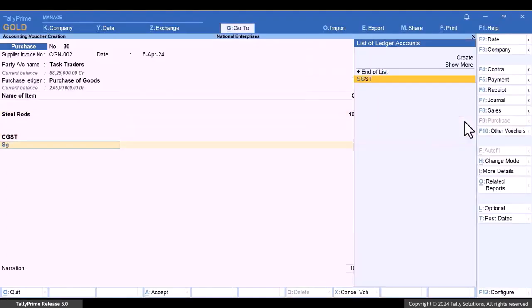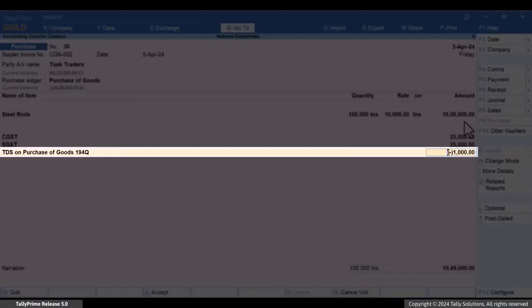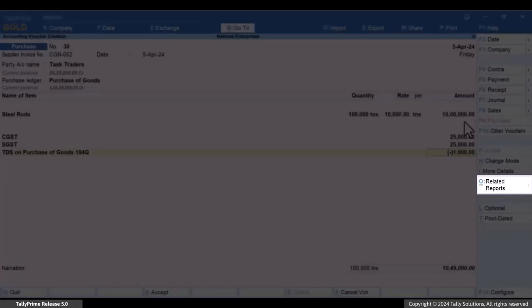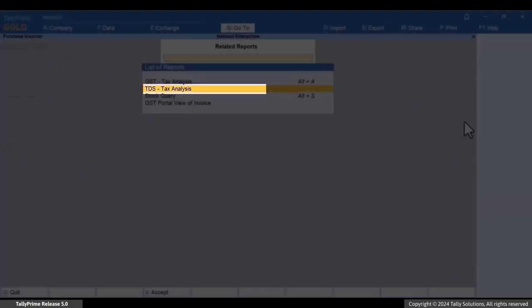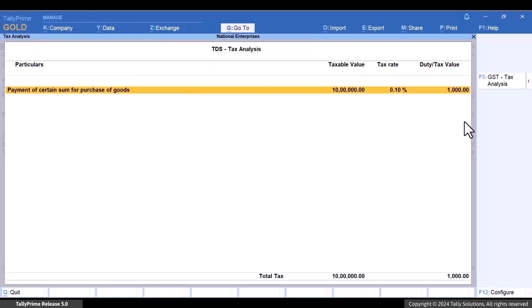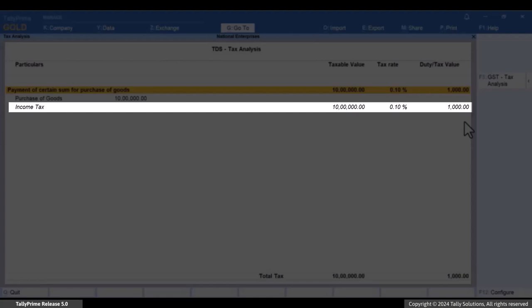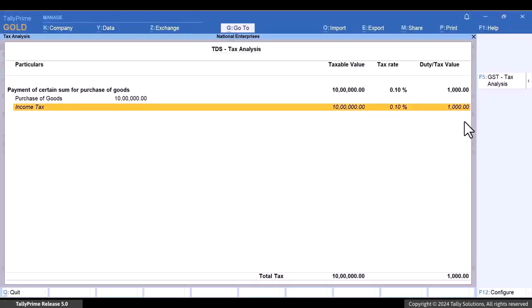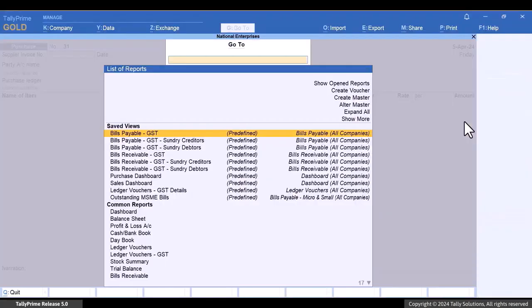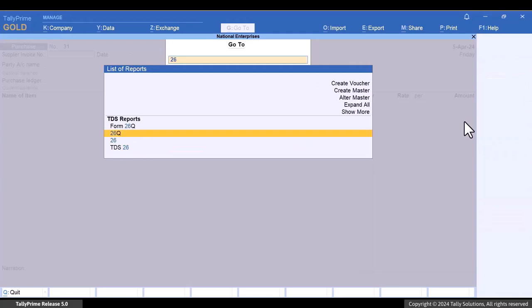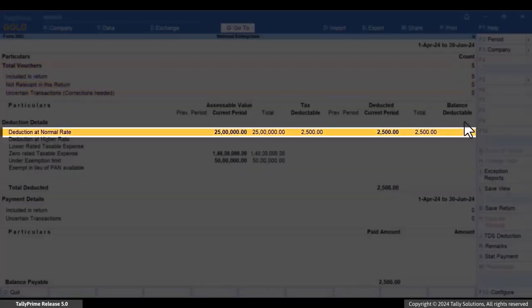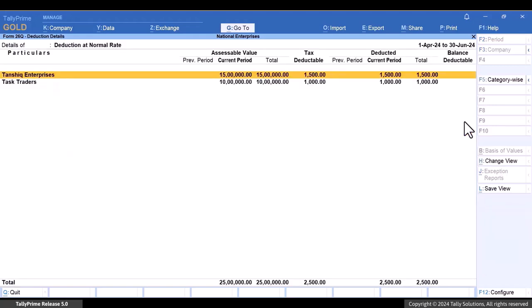As you can see, you can deduct TDS from this purchase. In TDS tax analysis, you can see that the deduction is at normal rate. The transaction will appear under the Deduction at Normal Rate section in Form 26Q.